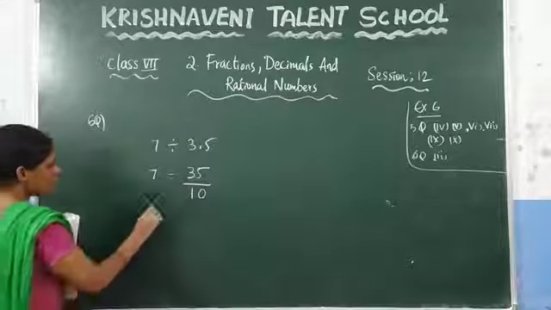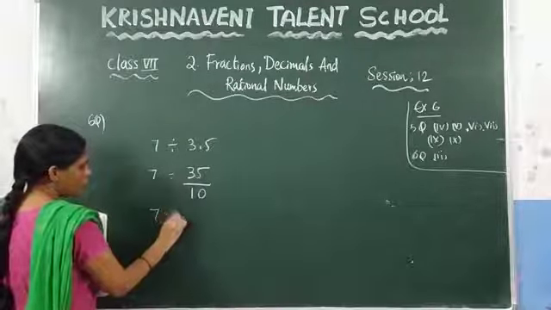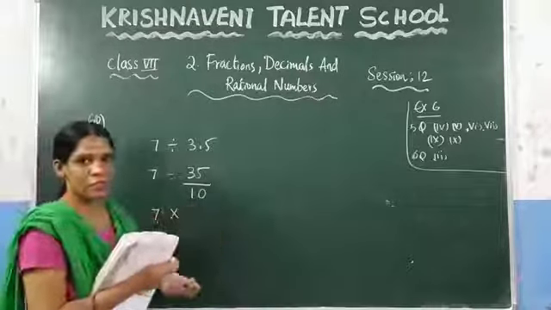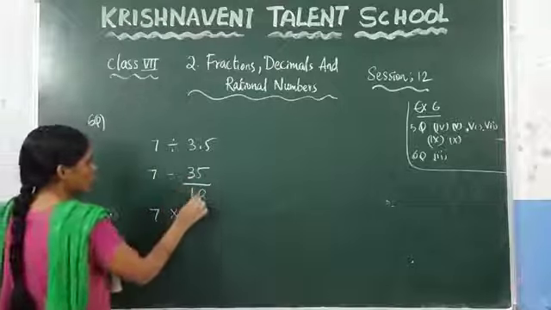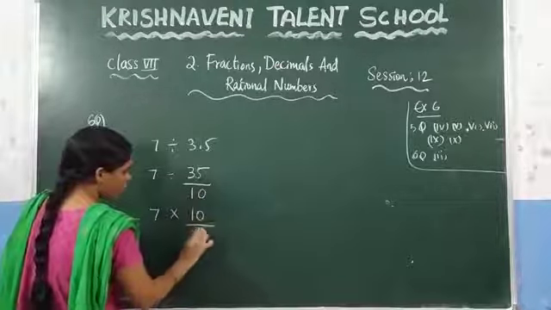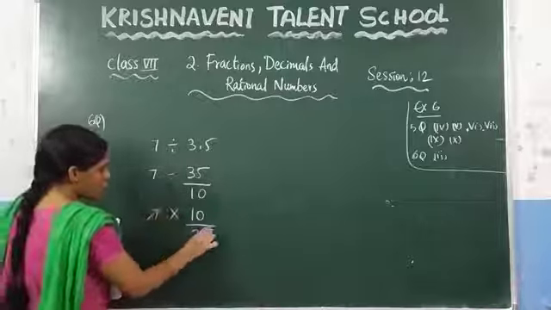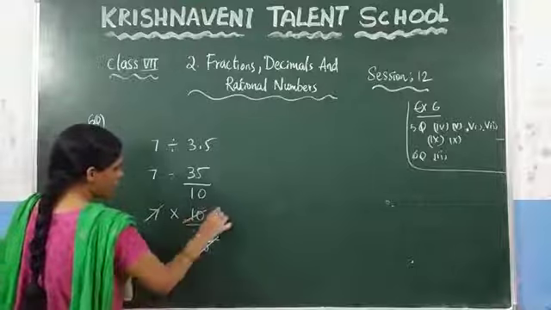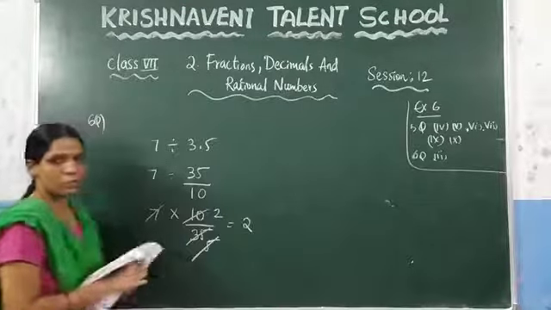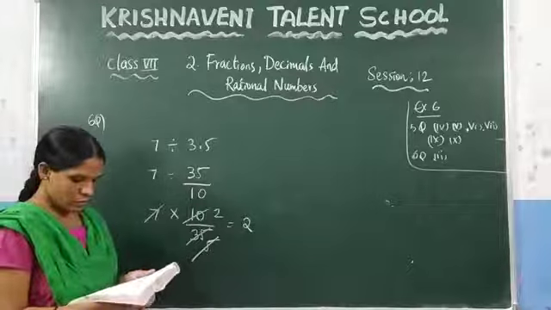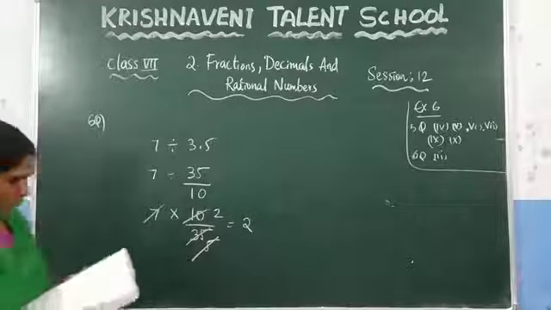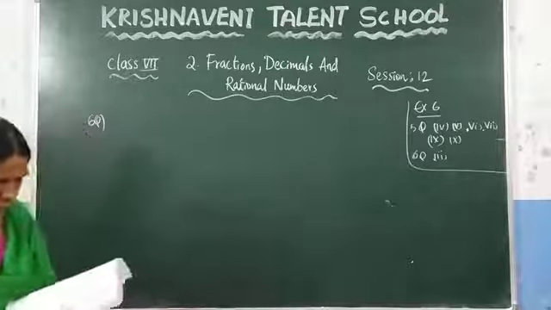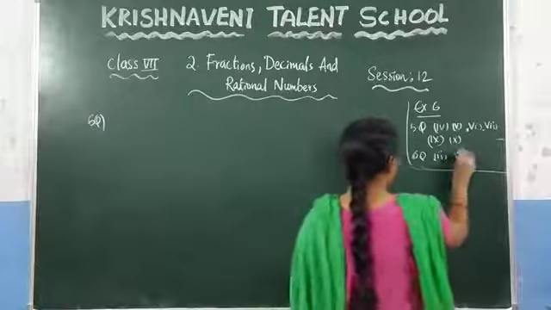And after that 7, in the case of the division keep multiplication. So you need to write the reciprocal, or the reciprocal is nothing but reversing the number. So you can write 35 by 10 as 10 by 35. So here you know that 7 ones, 7 5s will get cancelled, 7 5s are 35, and after that here 5 ones and 5 2s. So what will be the answer here? Like this you need to solve. Now see the next question here. Next question you can do it in the same way. That one you can do it as the homework, which is the sixth question.